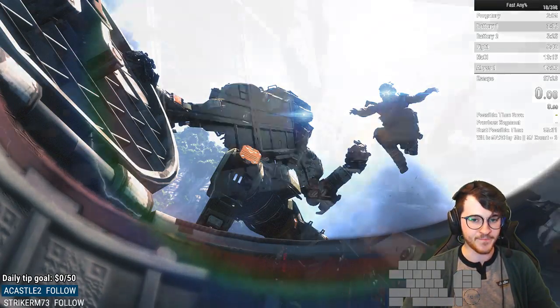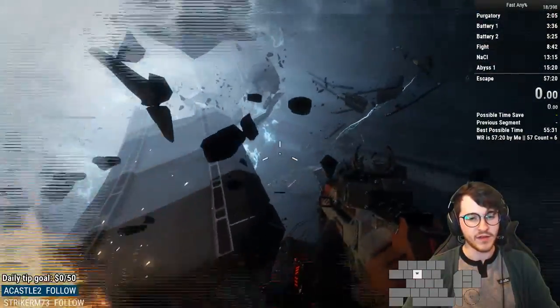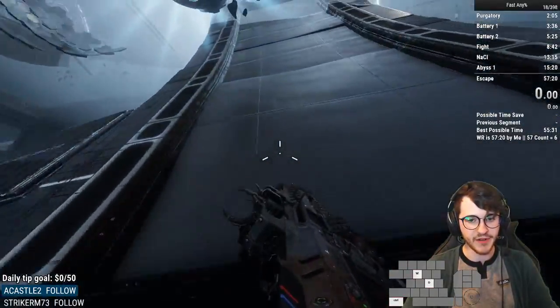Finally, to round this out, once you get over here, mash jump to get up here, slide off. If you have enough speed, sometimes you can wall kick to get over this little hump here. Double jump,